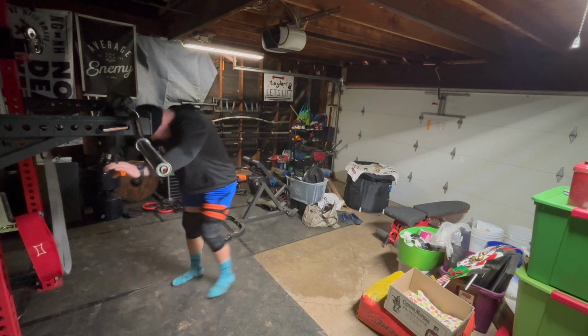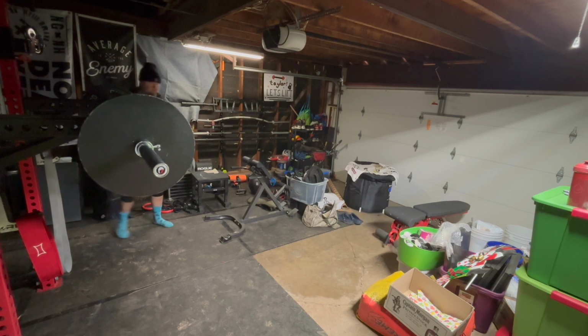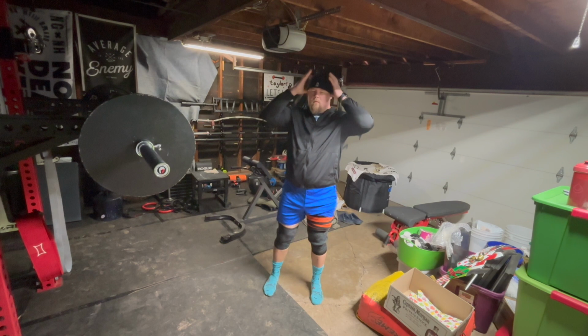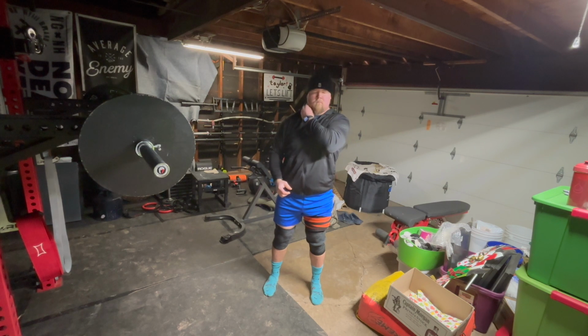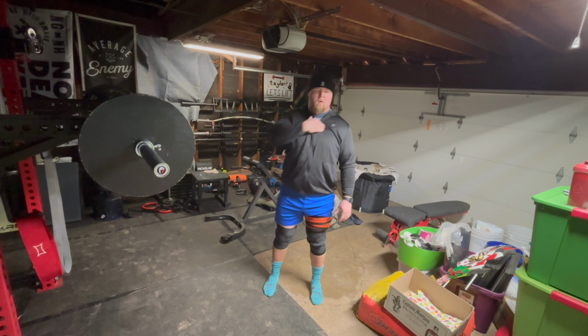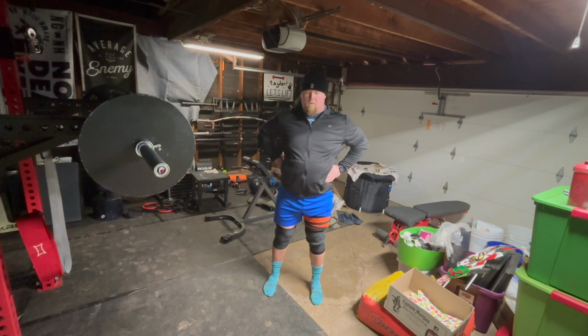So this is just empty bar, just making sure this setup works. Normally I would put the band pegs through the uprights and hold on to those. The space in my garage is a little more optimal if I put the spotter arms on the front of the rack, and it gives me some more space because I'm going to do the one motion stone to shoulder as well. This is some of my reflexive performance reset stuff, so working on my jaw driver, primary